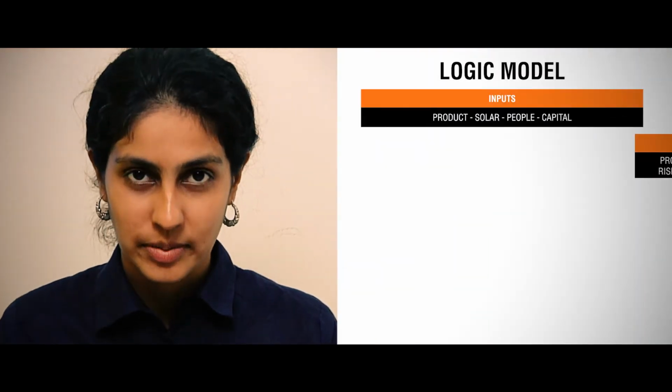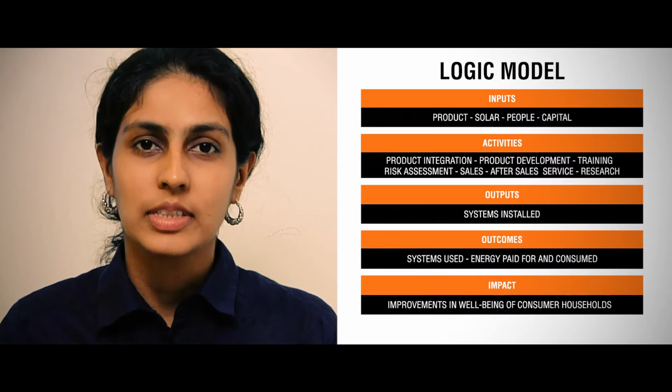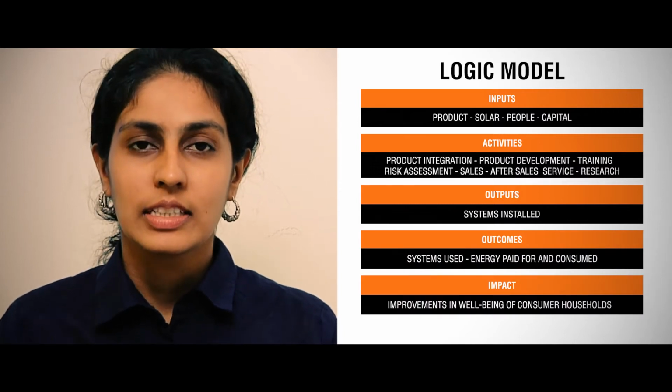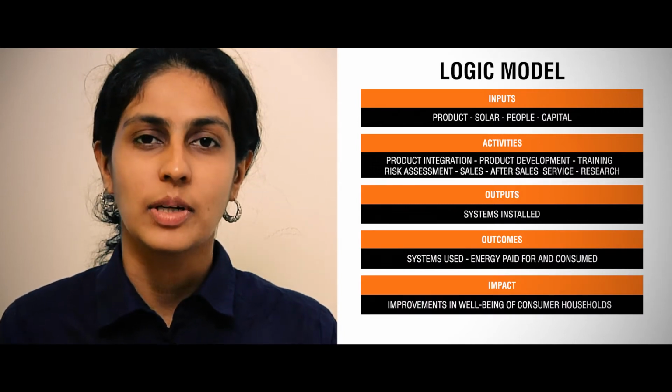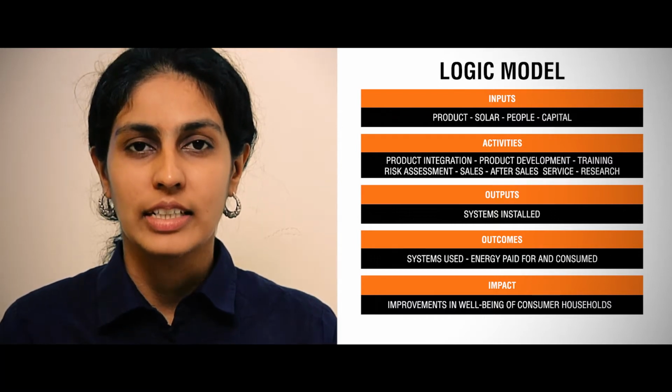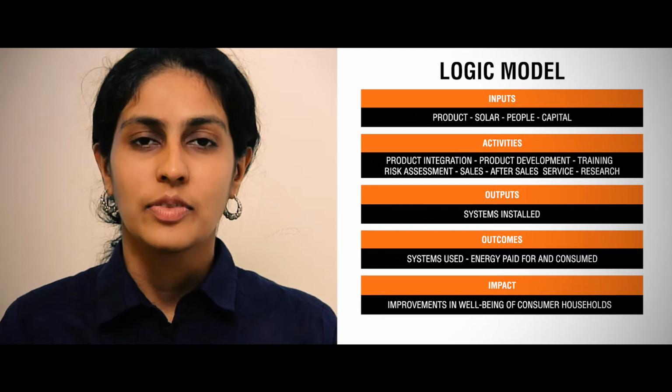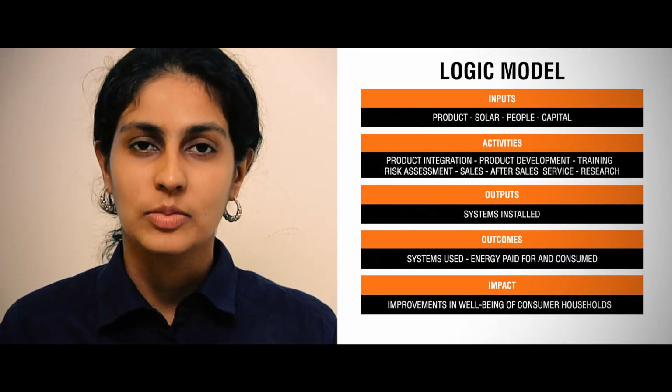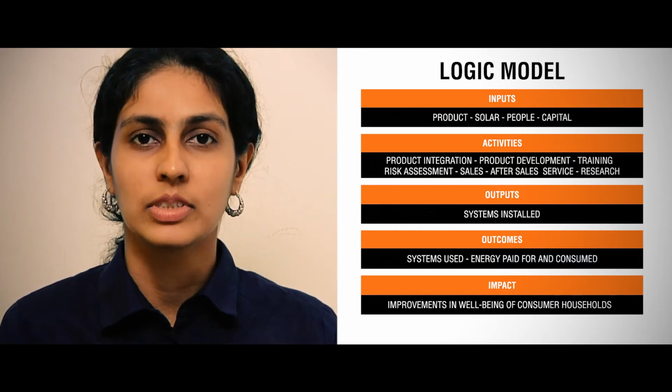A monitoring and evaluation plan begins with a logic model. The logic model identifies the impacts that you are trying to create through your program and then works backwards to the outputs, the activities and the inputs required in order to create those impacts. The next step is then to identify indicators for each level of impact as well as the outcomes, outputs, activities